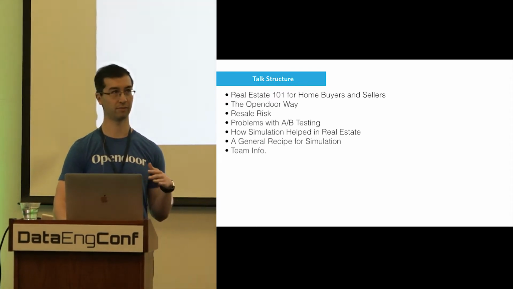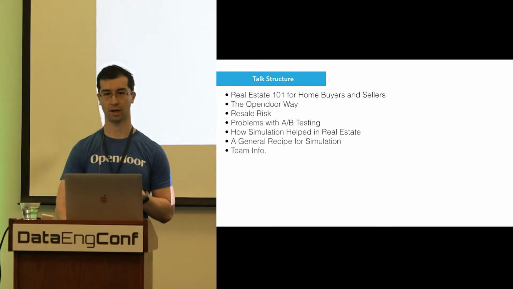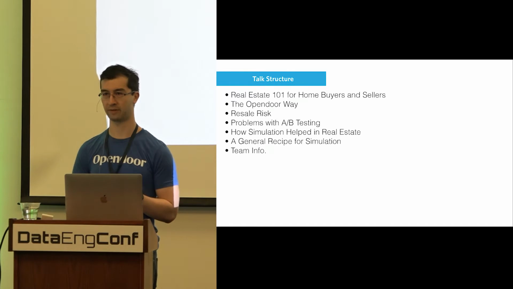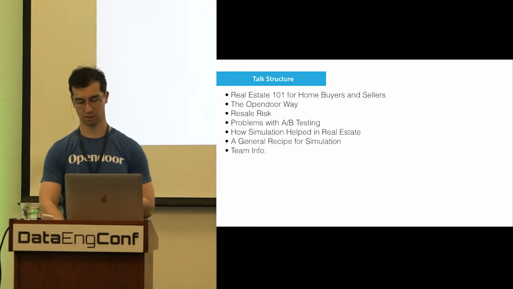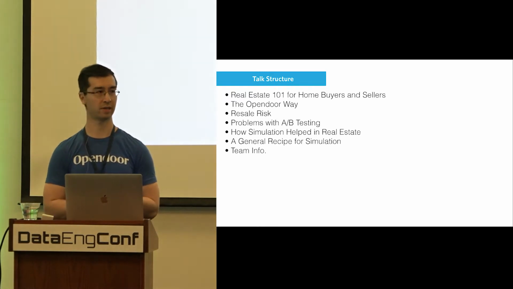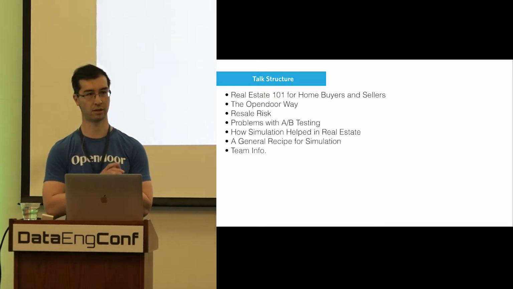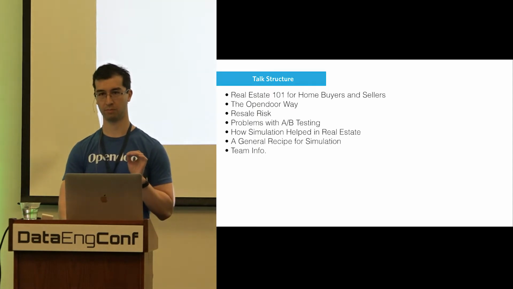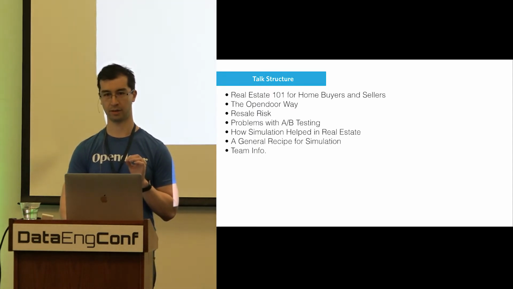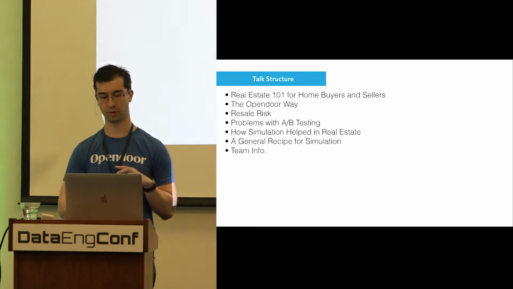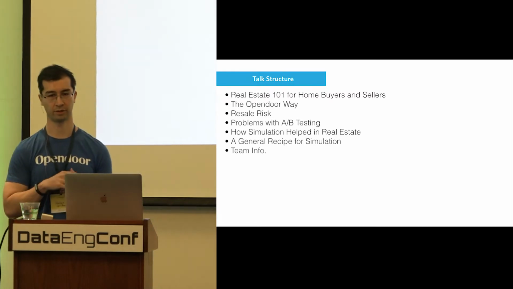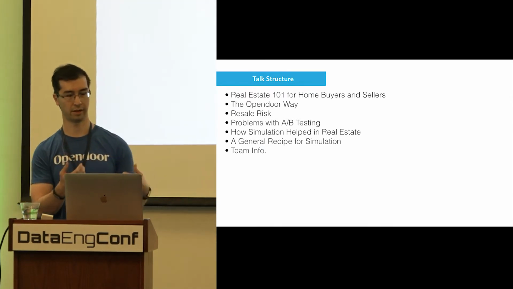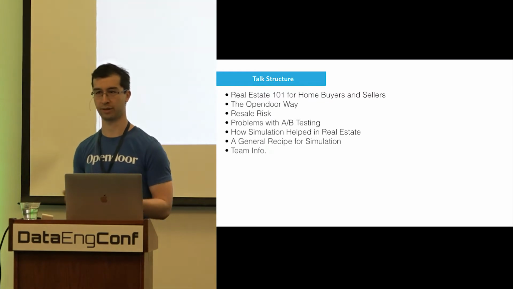So this talk is going to follow the following structure. I know not everyone, especially in San Francisco, has been through the buying and selling process before, so I have to give a little bit of an overview there. OpenDoor does things pretty differently. We buy houses from sellers, and then it's on us to later find market buyers to resell to. So that's important because the fundamental question that caused us to develop this methodology was around understanding what the risk is we incur when we buy the house from the seller that we have to later resell to a market buyer.